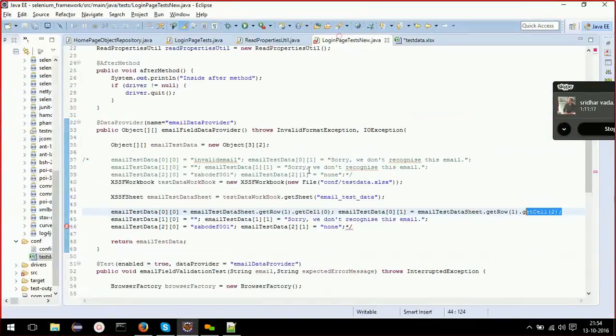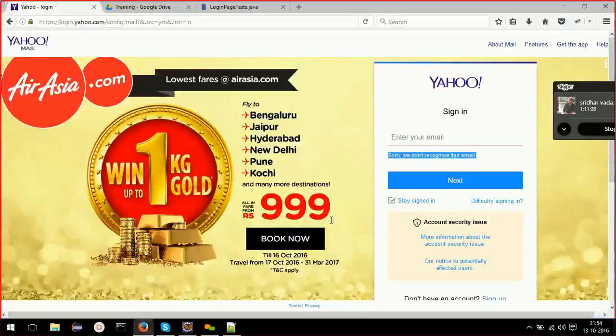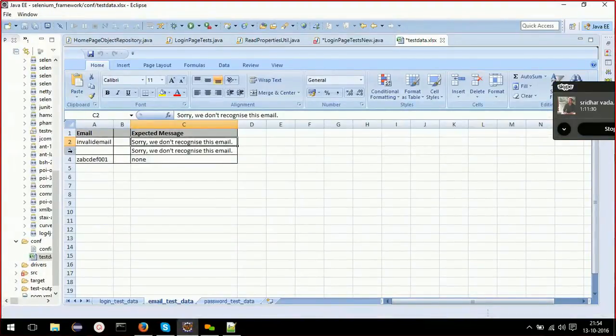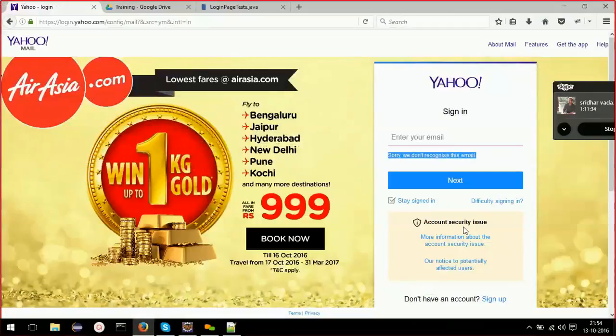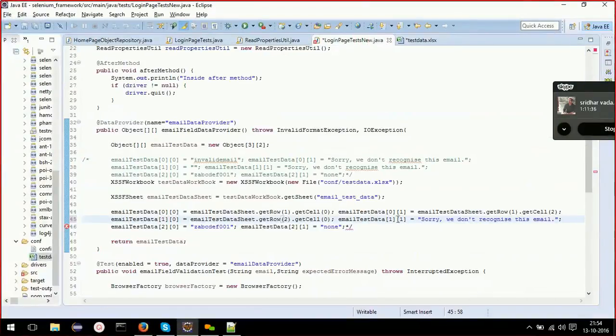Similarly here also, row 2, cell 0. So this is row 2, cell 0. Now this is row 2, cell 2. Sorry.